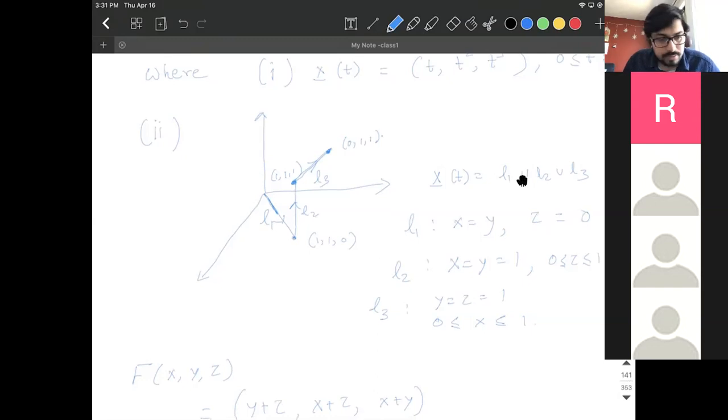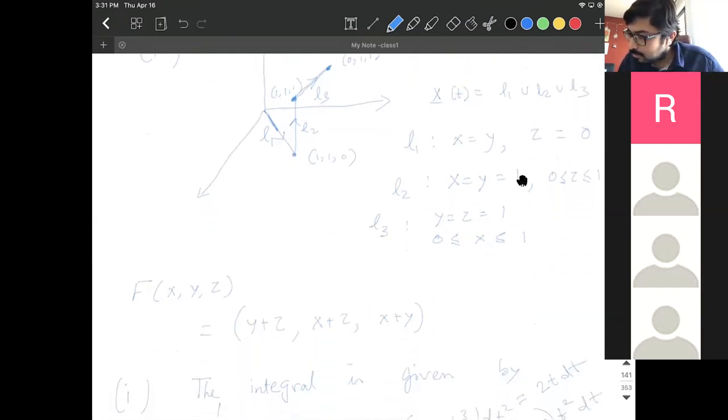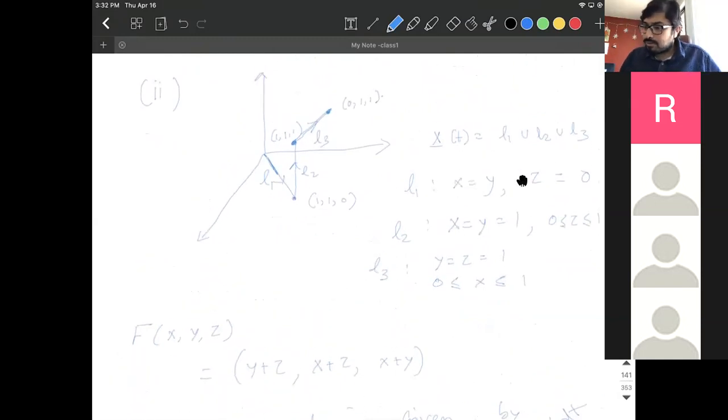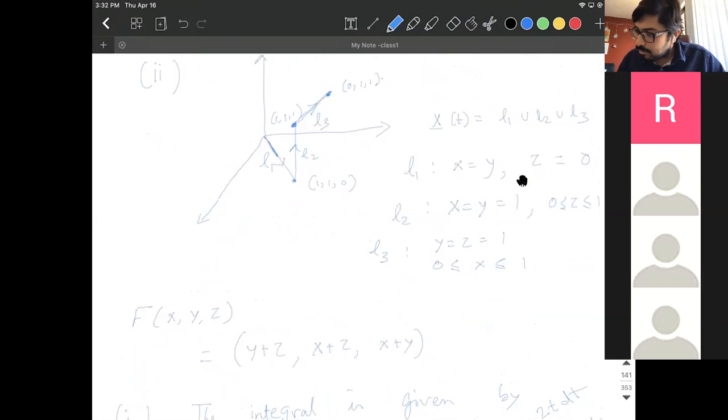Yeah, it's the derivative of t square. No, not the second or third derivative. No, no, no. Okay, so for number 2, what we can do is to compute this integral on each of these lines. So L1, L2, and L3. So on L1, we have,